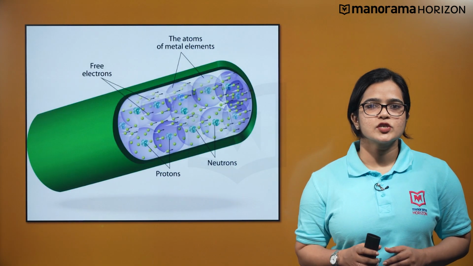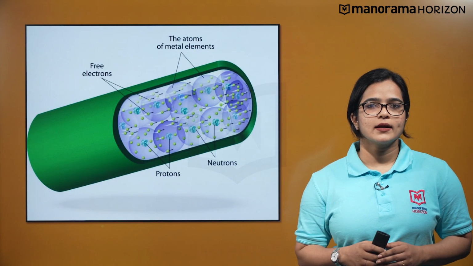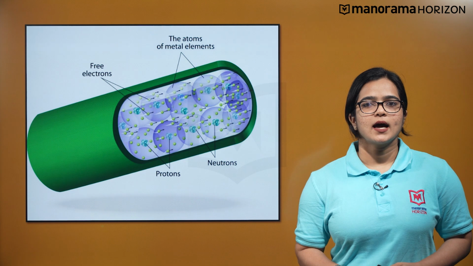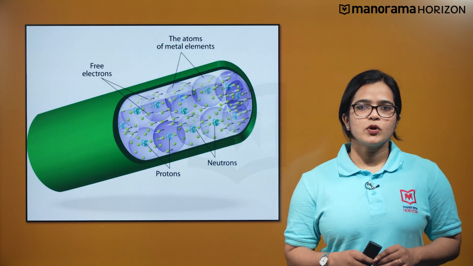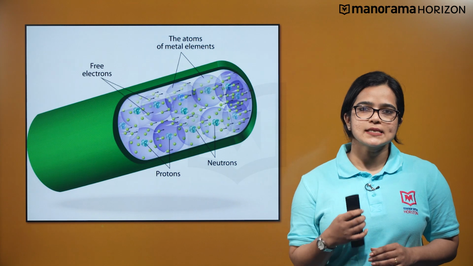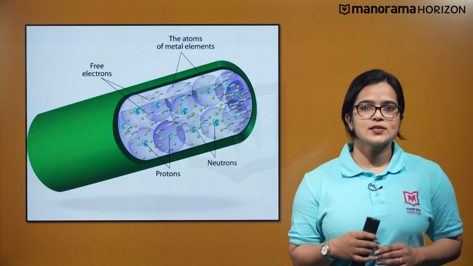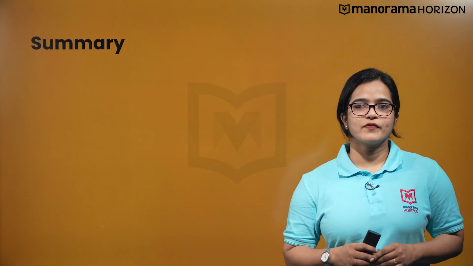Now, we have understood what causes an electric current and how an electric field applied across a conductor generates an electric current. But what are the properties of such a steady current flowing through a solid conductor? Let's summarize what we have learned so far.